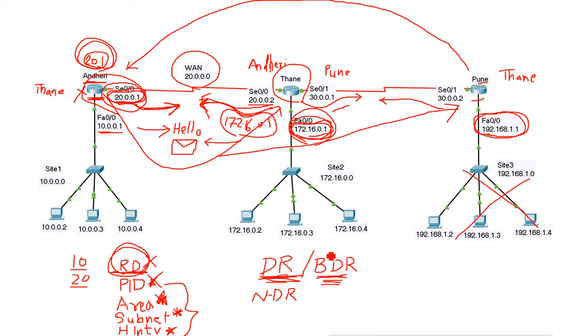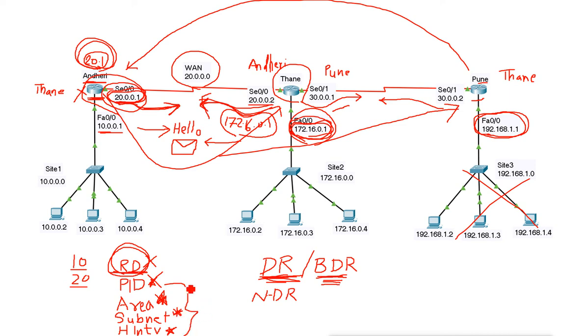So what does OSPF do first when we configure it? It uses hello packets and starts sending them to each other, with the information of the router ID, process ID, area ID, subnet and hello intervals. These three pieces of information are required to create the neighborship, otherwise it will not create the neighborship.